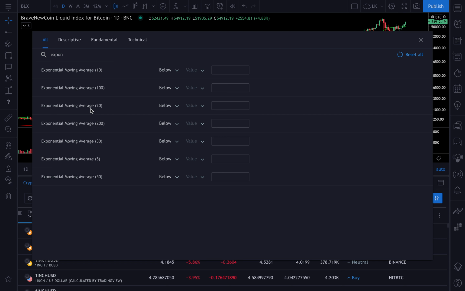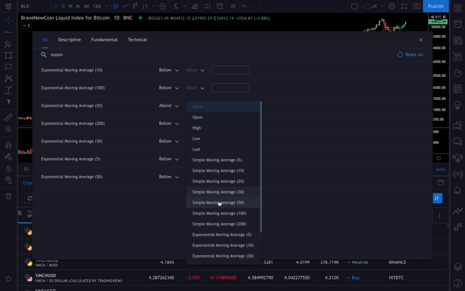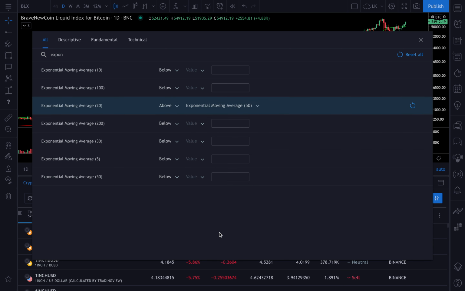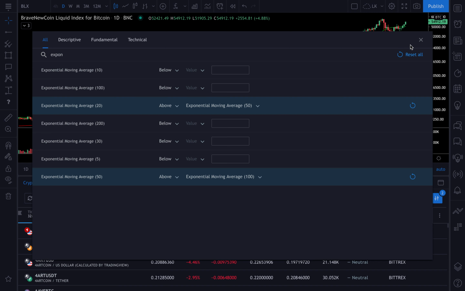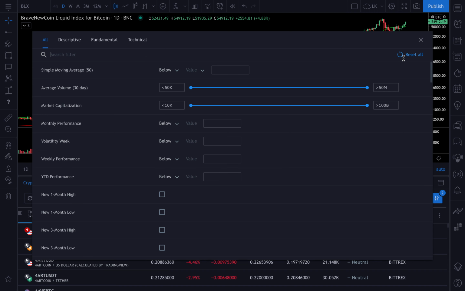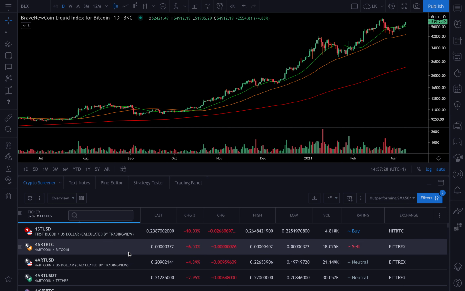And right now we can play with the moving averages. So for example, I could tell my screener that I want my 20 period exponential moving average being above my 50 period exponential moving average. And I could add even more to that. I could tell my 50 exponential moving average to be above my 100 exponential moving average. That's right. In that way, we have all the pairs that have those criteria, but we have 3,000 matches because